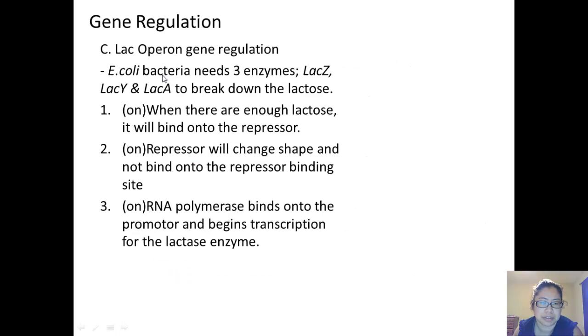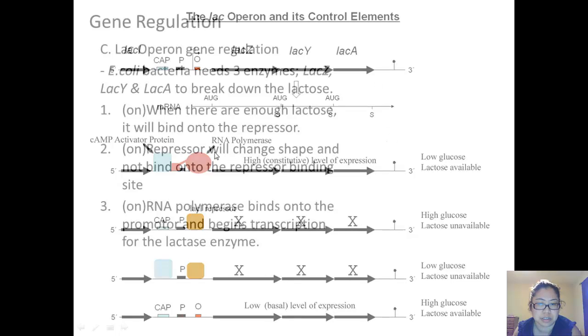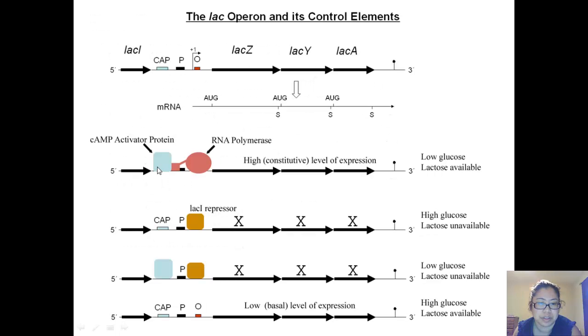Here, the cap is the promoter, and the P is the repressor. And what happens in the 3 segments of the enzyme, LAC-Z, LAC-Y, and LAC-A. Eventually, once it's transcribed this part here, it will go through splicing via mRNA. So here you have